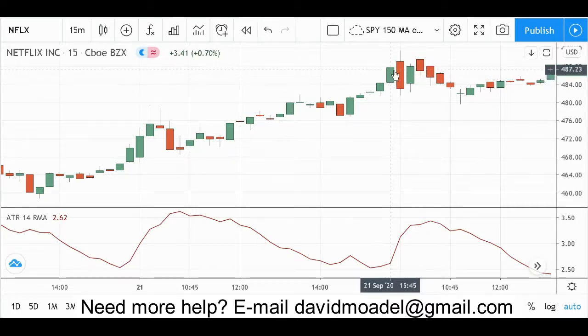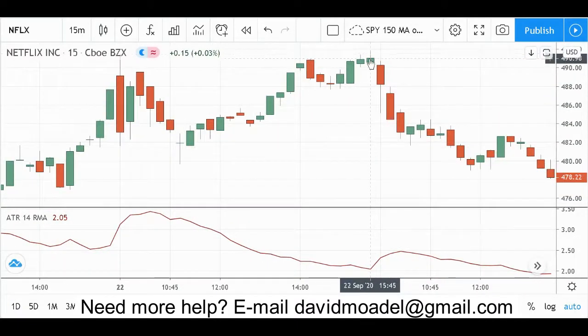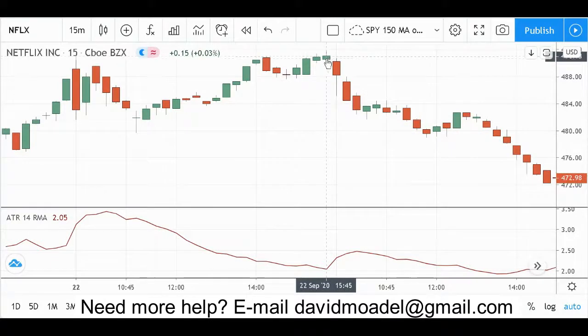Okay, as soon as it went above it, I would get in and then ride it up, and you would actually have done okay. You would have gone up to about 491. Not bad for a small gain if your timing was good. Hopefully you know when to get out. Okay, you want to have a profit target and then a stop loss of some sort if you're a day trader. Okay, so that's just an example because it did go up moderately after that.